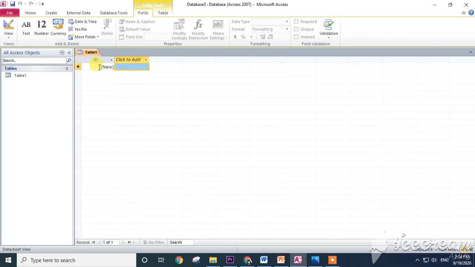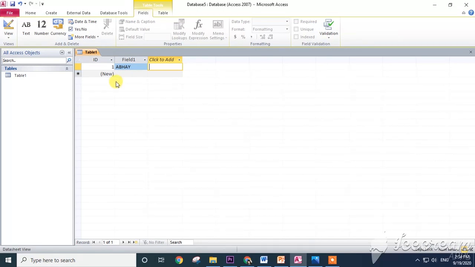And here the first one, as we read now, is ID. The default ID will be the first field, and click here to add. You can see here. Now I am going to write here, suppose name of student. Instead of name of student I am writing Abhay, and click on the tab key on the keyboard. See, now it becomes field 1 and automatically the second one is field 2. Now this is table 1.